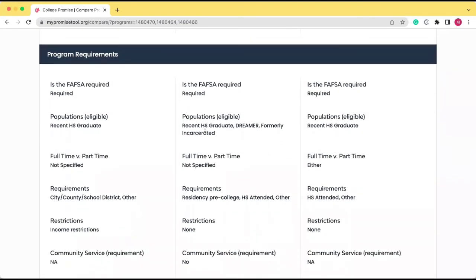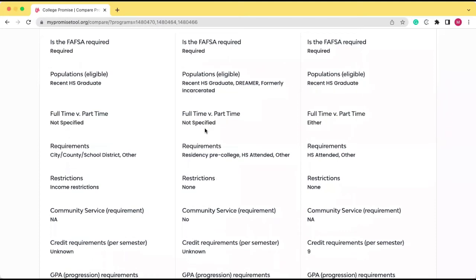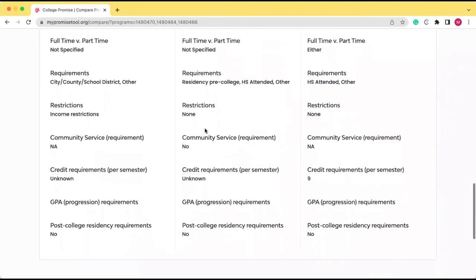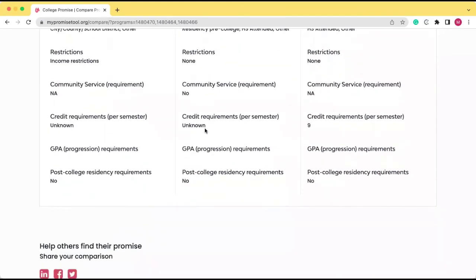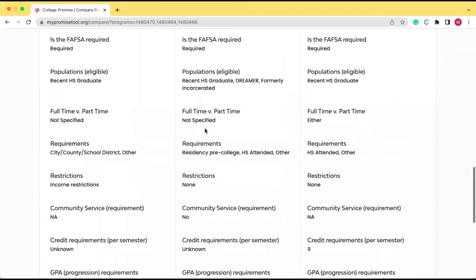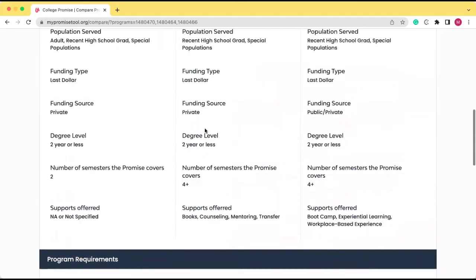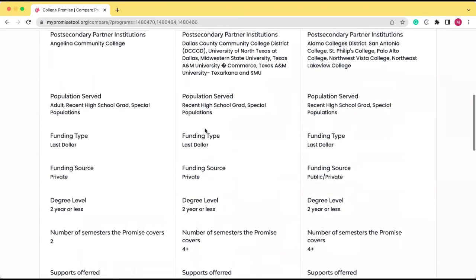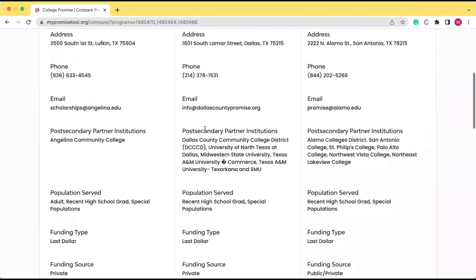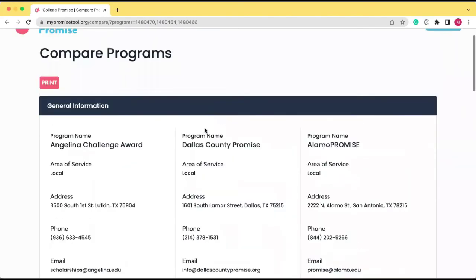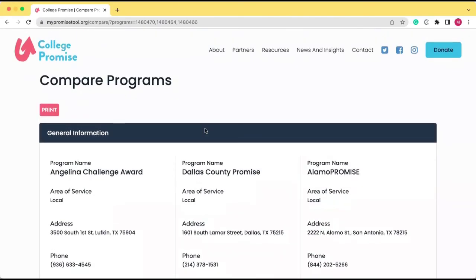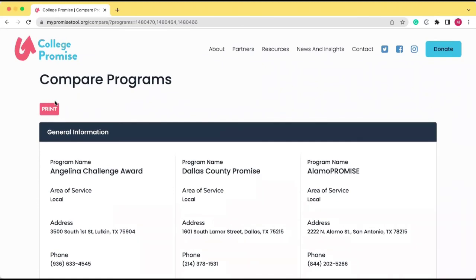I think this tool is especially helpful as you look to see which program best fits your needs or supports needed. I should also add that you are able to print this page as well if that will best serve your needs.